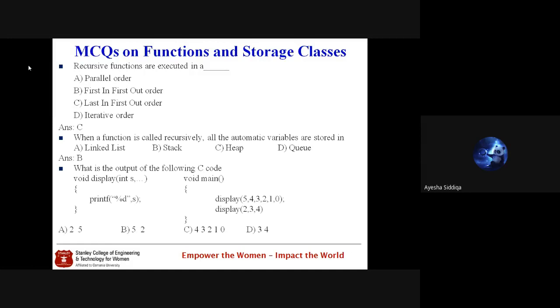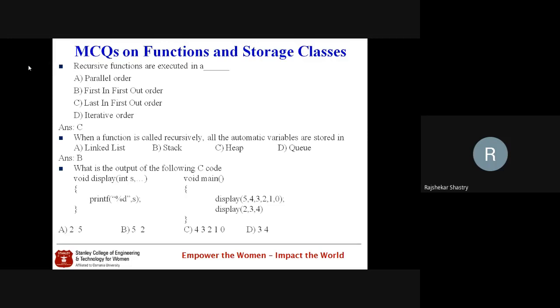Yes, sir, is it B, sir, 5 and 2? B, sir? Absolutely, Amma. 5 comma 2, simple, because the first time when we are calling display, 5 is bound to S, the first parameter, which is bound with the first parameter of the display method, which is 5. And the remaining ones, how many we don't know, they will be stored in a stack. In an ellipsis manner we are representing that, meaning how many are remaining, we are least bothered.